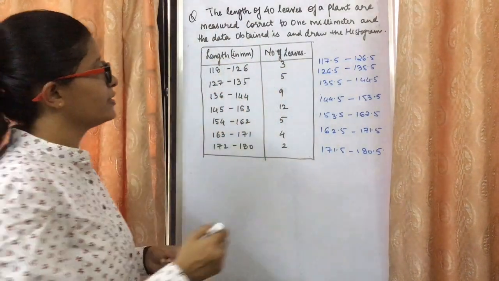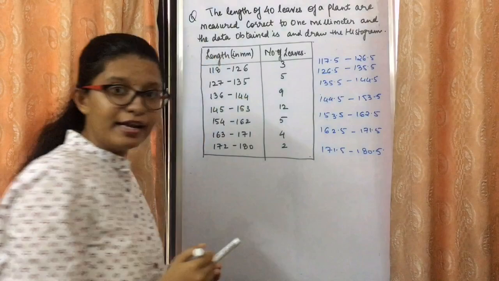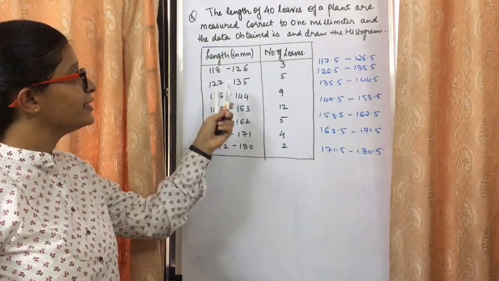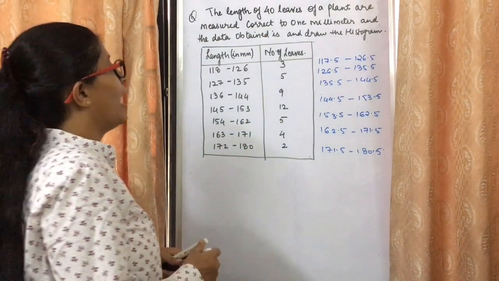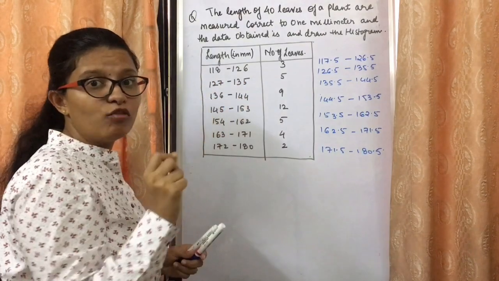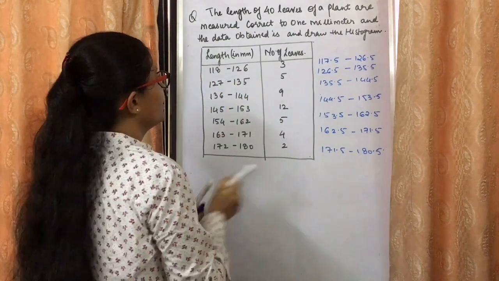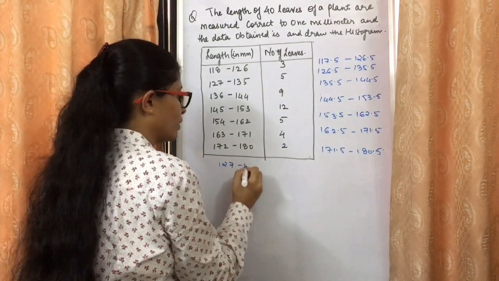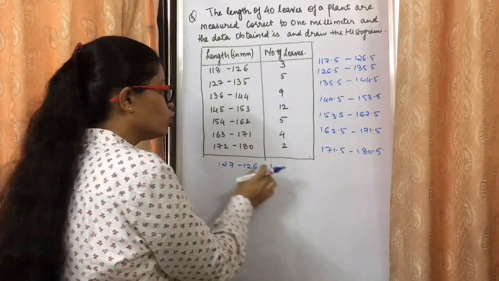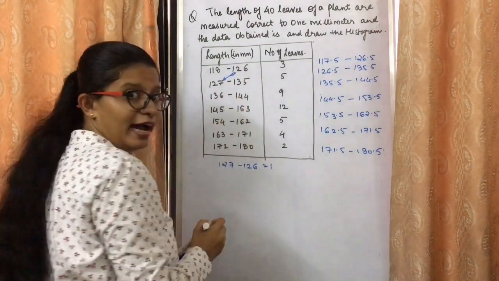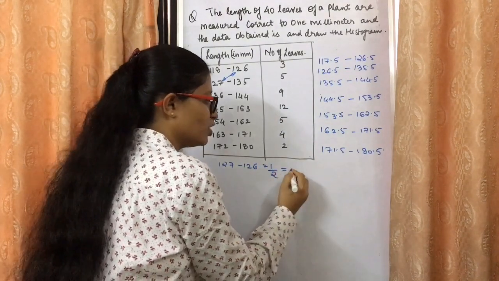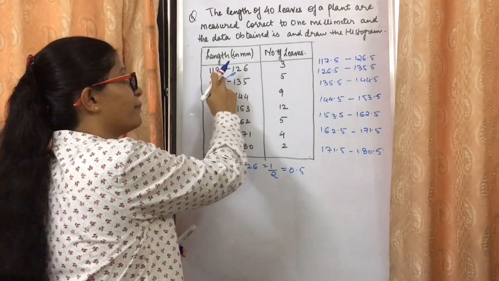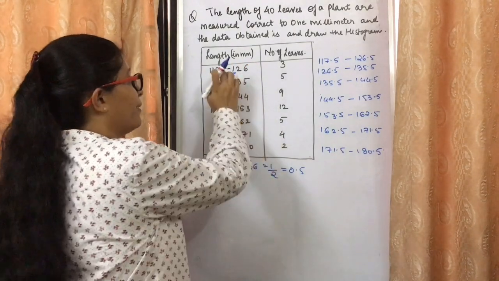Can you now see this new class interval is nothing but the continuous class interval? If this is the continuous class interval, can we now plot the histogram for the given data? Yes. And what we need to add and what we need to subtract is much more important. You would have seen here, what is the difference between these two? 127 minus 126 gives you 1. Whatever the difference between the two is, half of that difference, which is 0.5, we subtract here and add here.